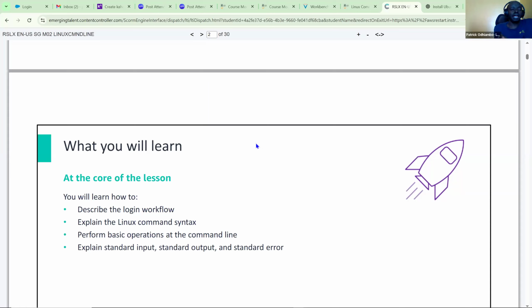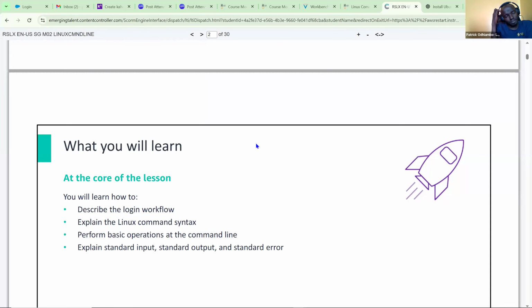And also, Linux is a very good tool. Is it a tool or what? Okay, Linux as an operating system is very powerful, especially for guys who want to specialize in areas like DevOps or systems administration. So systems administration and DevOps all require you to have a fairly good understanding of Linux as an operating system and how to navigate your way around it. So that is very, very important.